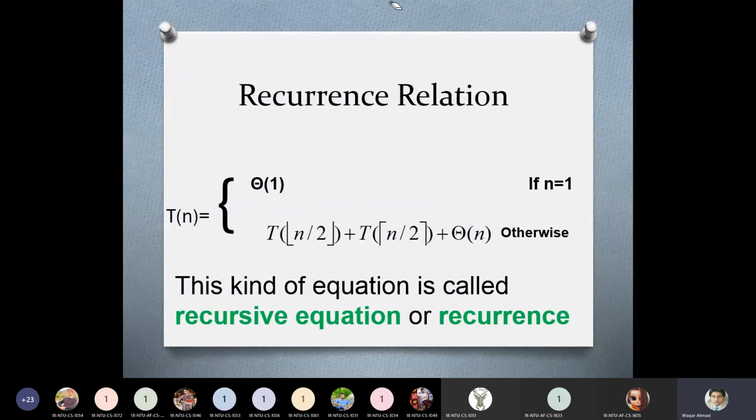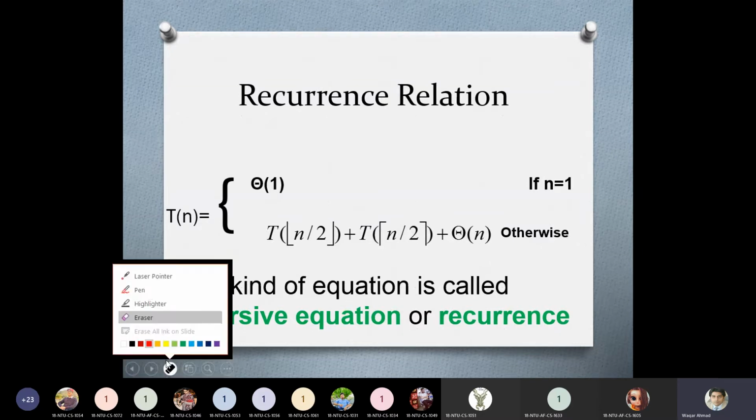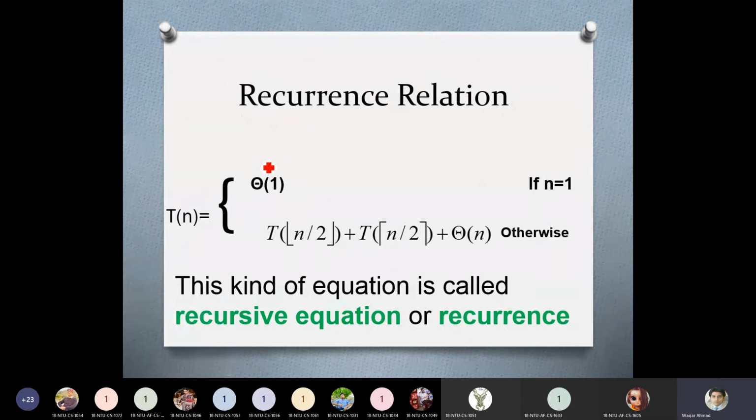Recurrence or recursive equation is an equation which actually has 2 parts, sometimes more than 2 parts. Its first part is technically known as base part or base case. And its second portion is known as recursive part or recursive case.